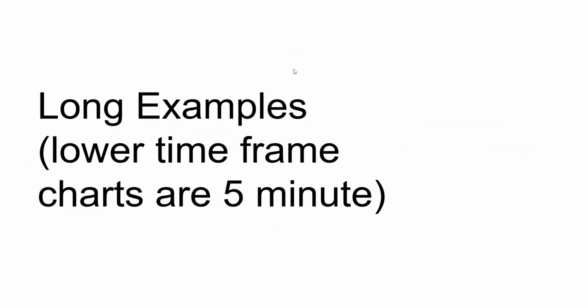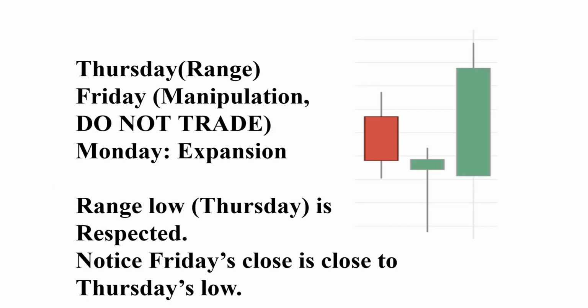So let's look at some examples here. All of these will start on the daily chart and then drop down to the 5-minute. Okay, I trade the 5-minute chart. So like I said, bigger time frames are daily. So we have a 3 candle pattern, very simple candle range theory. Thursday gives us the range, Friday is the manipulation,